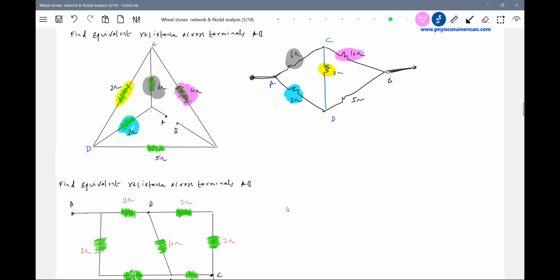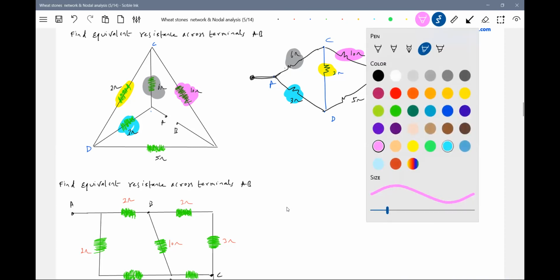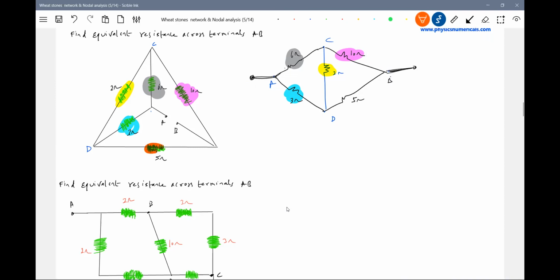I hope through the diagrams I'm trying to convey the idea. How you have to think is what I'm trying to help with. This 5 ohm will be here, no? See it, no? It's redrawing, so don't fight with this. Try to redraw it in the shape of a rhombus. So now look at this one.